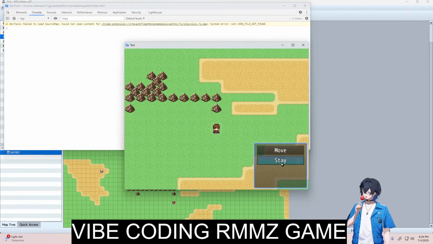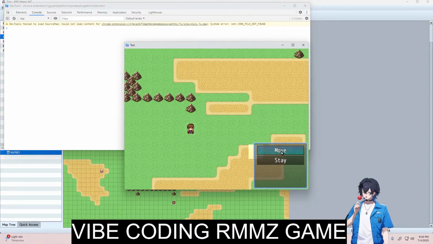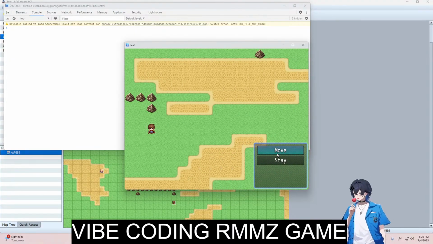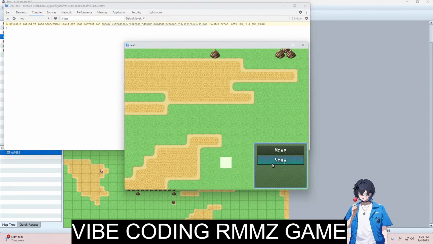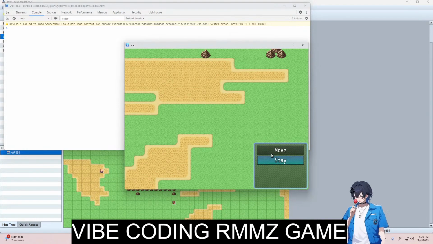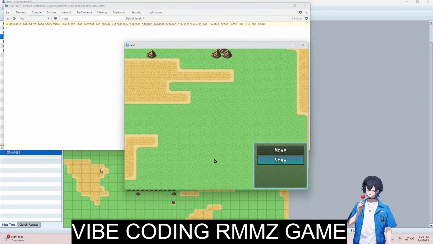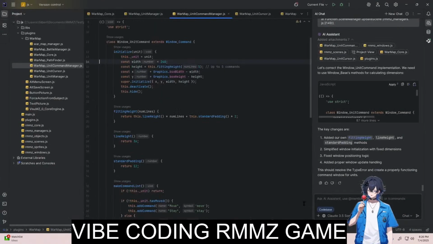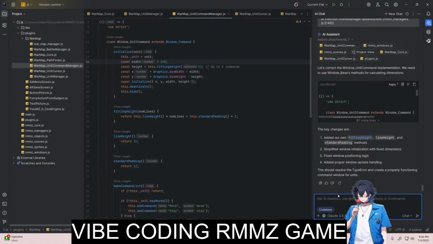So if they press move, they'll see where they can actually move. If they click stay, they'll have the option to attack or support. But if they map, then okay, let's do that. If they map, currently